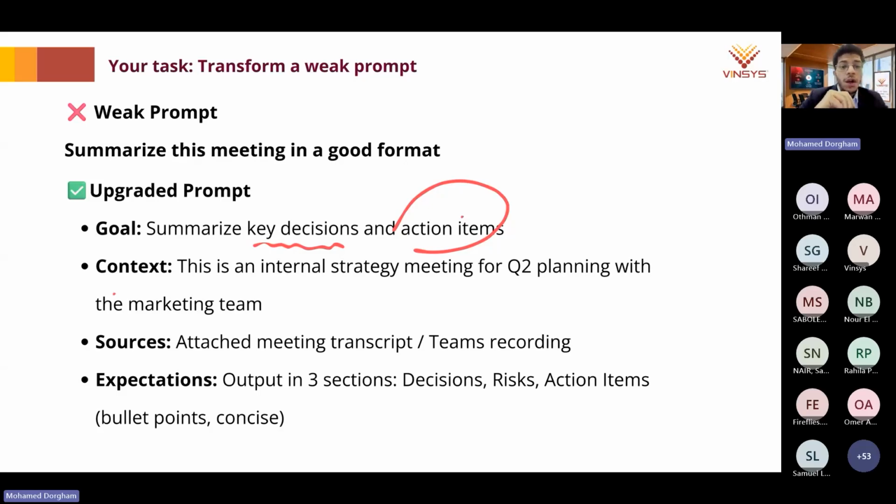And what is the context? Why do you want the summary? Try to give information to the AI system. You want this summary because this is an internal strategy meeting for Q2 planning with the marketing team. So I'm now giving more information that this meeting was with the marketing team, and it was for Q2. So now the AI will get more information.